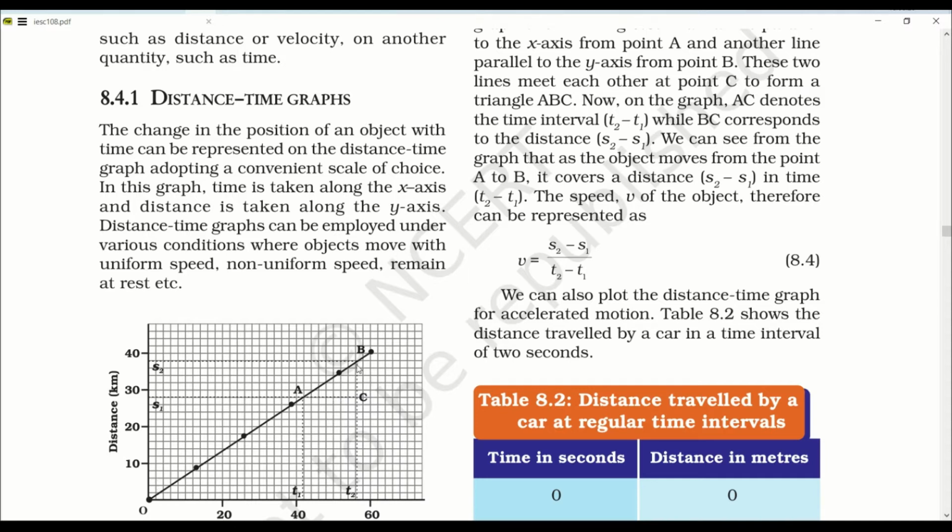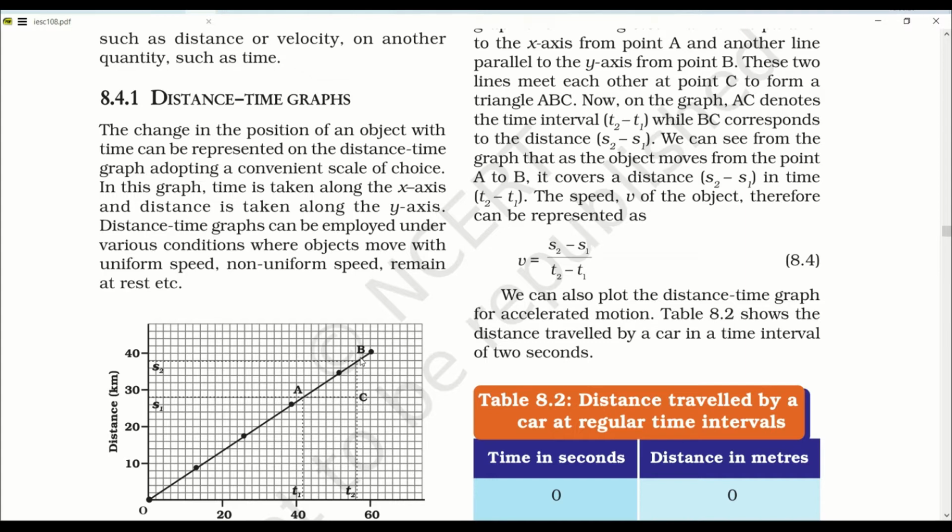These two intersect at a point. After that, you have to draw another line parallel to the x-axis, and that should intersect at point C. Here you can see triangle ABC has formed, correct? So this is the time t1 minus t2, and this is the distance displacement